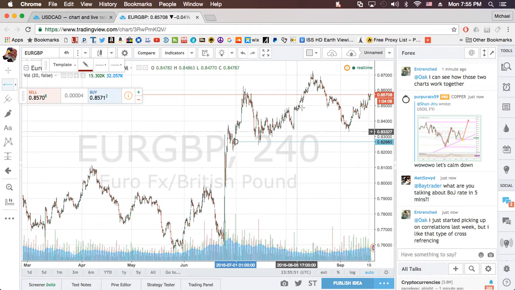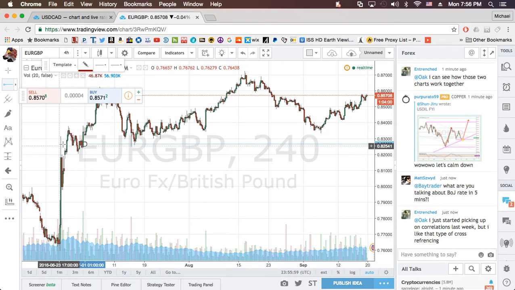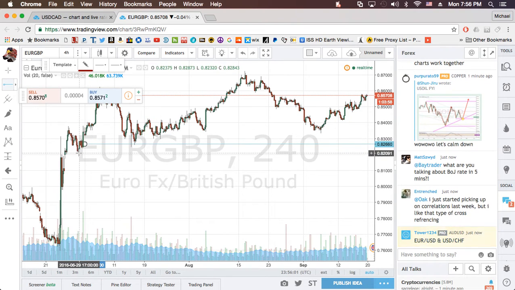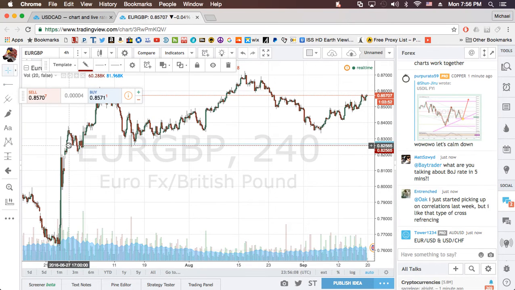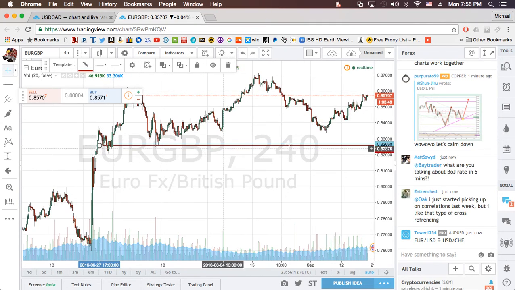Like if you moved your cursor to where that big peak is in the middle, there's two bottoms at the same level. There you go, exactly. Where you got your cursor a little bit higher up, there's actually three bottoms that hit the same level. So if you put a ray there, that's probably some sort of significant support line. Yeah, I see that. So that's what you're looking for.